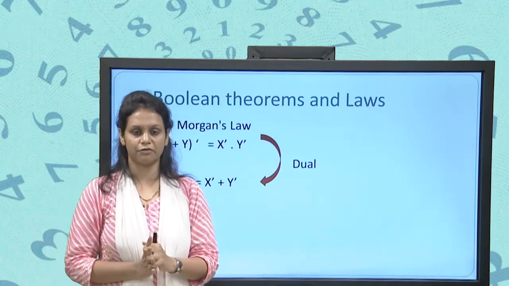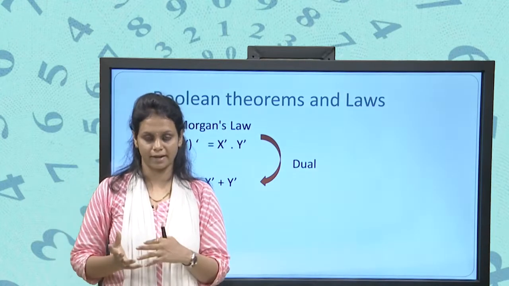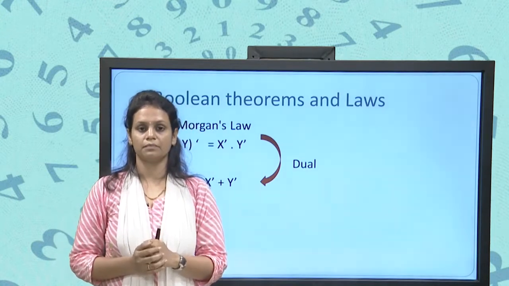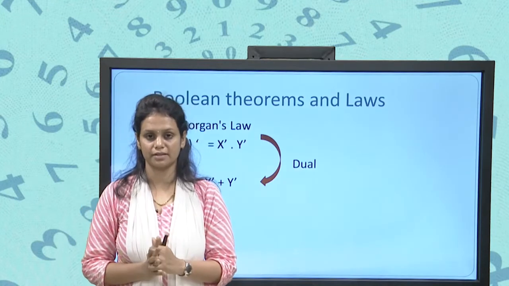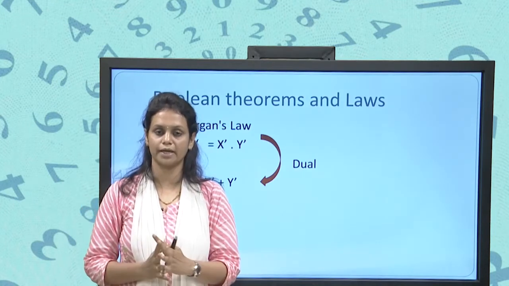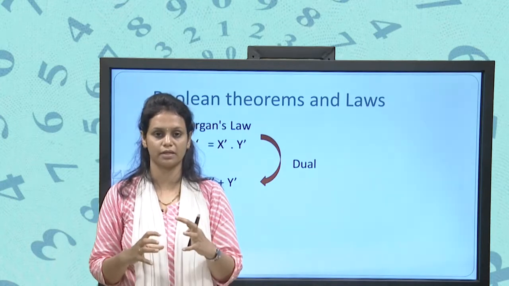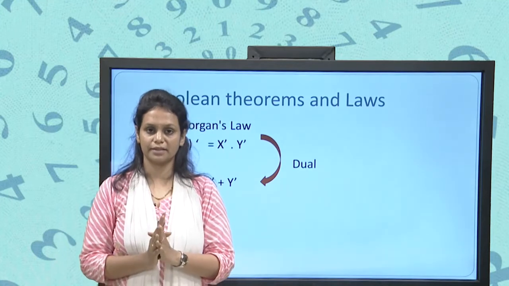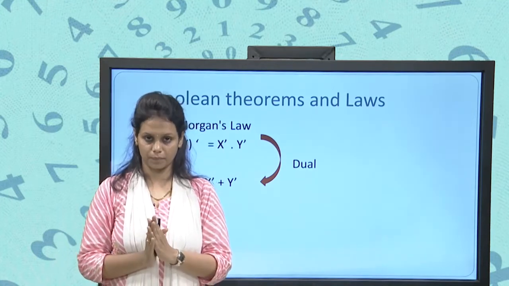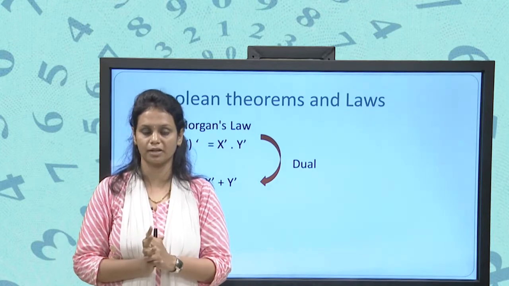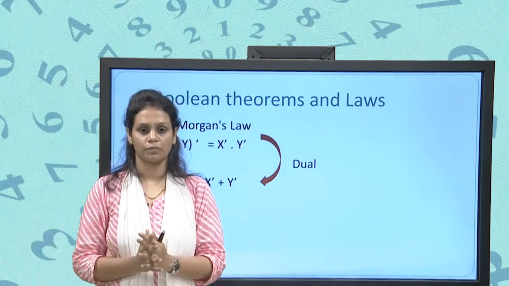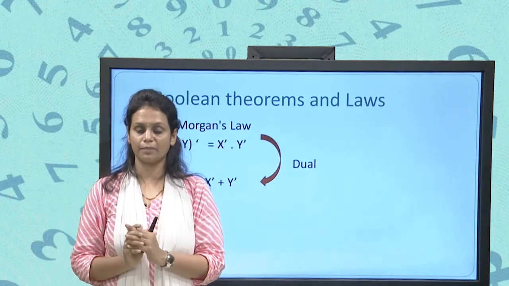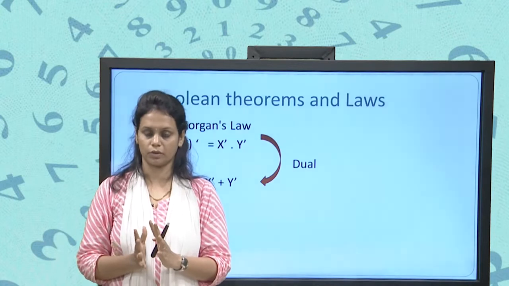Union is the operation which covers all the elements from both of the sets given in the input. Intersection tries to find the common elements from both sets given in the input. What is the complement? Complement means the elements which are present in the universal set but not present in the set. Suppose we want to find the complement of A. First we find U, the universal set, and then subtract all the elements of A from that universal set.